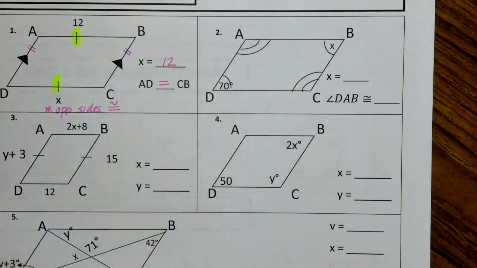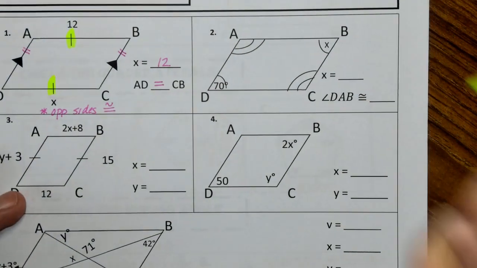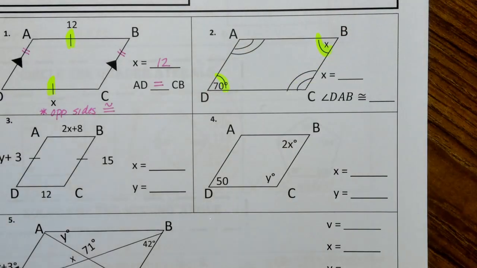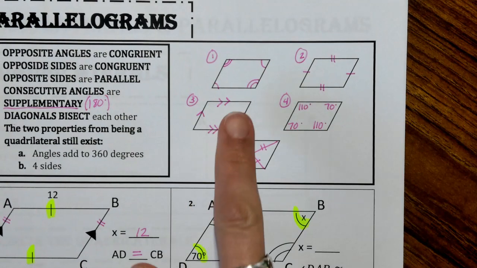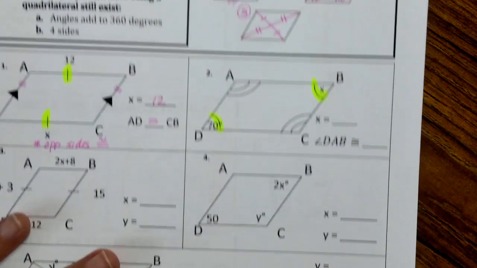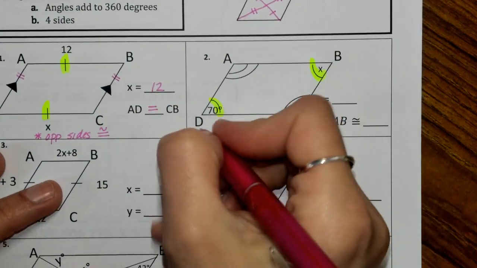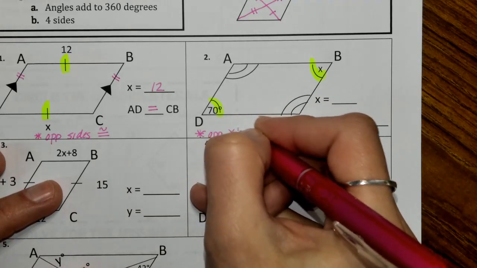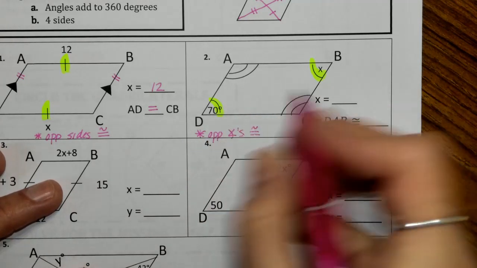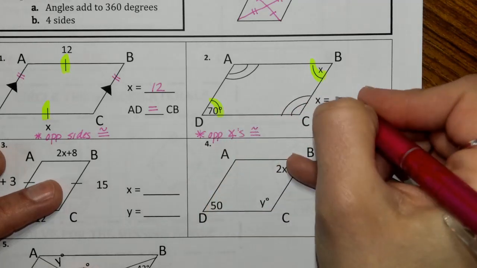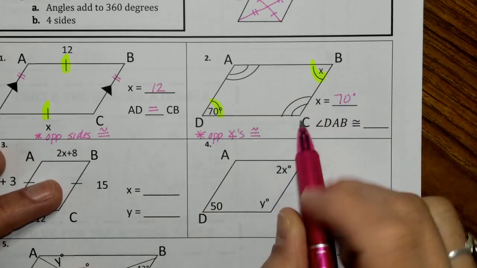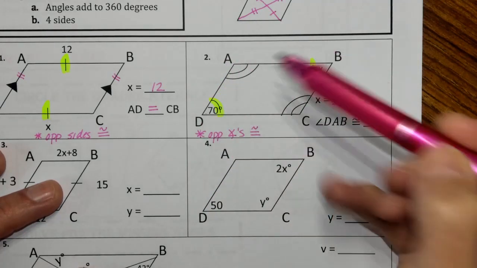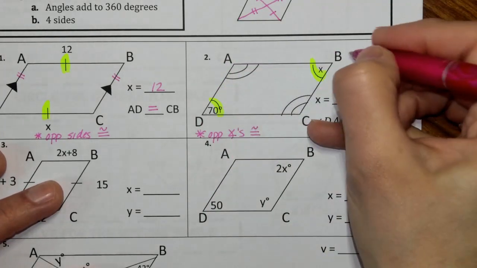We take a look at number 2. We want to find x. Well, x is an angle right here. And we remember from property number 1 up top, your opposite angles are congruent. So here we can mention our property, opposite angles are congruent. So x is simply going to be 70 degrees. Then they want us to find the measurement of angle DAB. Well, using our consecutive angles,